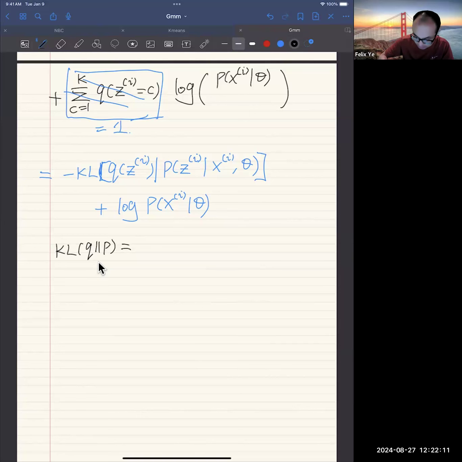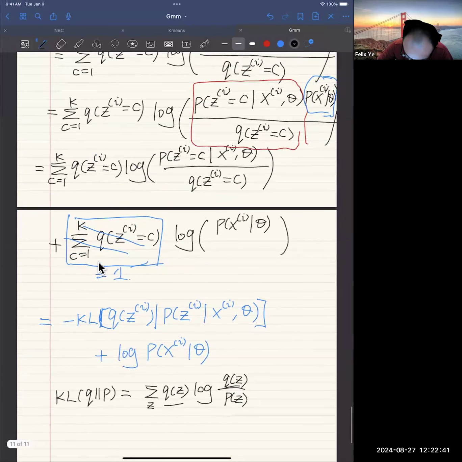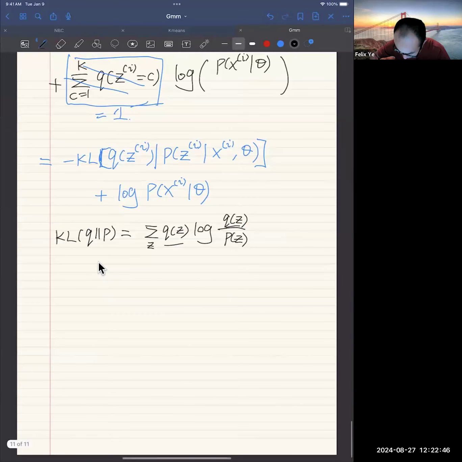The KL divergence is the summation of q(z) times the logarithm of q(z) over p(z). This is called KL divergence. Because q is in the denominator here, that's why we have a minus sign here. It's called KL divergence